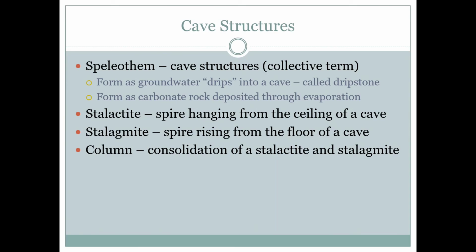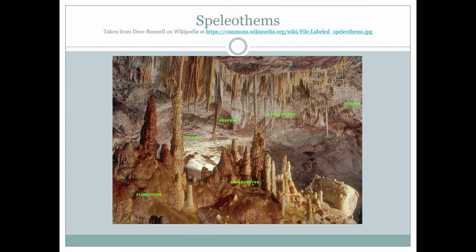A stalactite, water drips, and as it's dripping, it deposits material at the ceiling of the cave, creating these spires. When the water droplet drops to the bottom and lands at the bottom of the cave, it evaporates, leaving behind a small deposit of calcium carbonate, forming over time these stalagmites. Here's a dramatic example of these. You can see them all labeled there, some columns and stalagmites and stalactites.